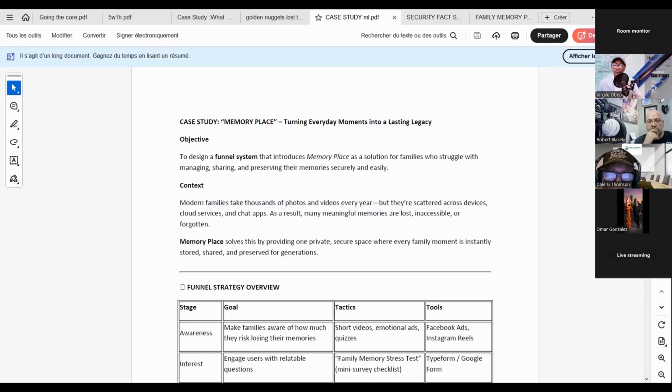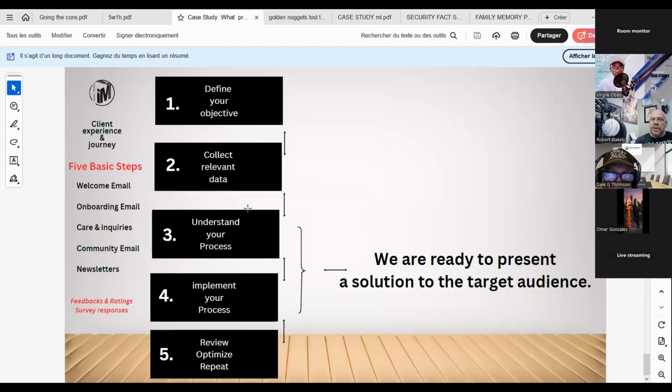So in line with what we're doing, and this brings me back to collecting data and understanding the process, right? There's one thing here between these two, you see how I have them lined up together or connected together, is because you will be going back and forth sometimes. Just like your objective, when you define your objective and you go collect relevant data, you might need to come back and adjust this objective, scale it down,